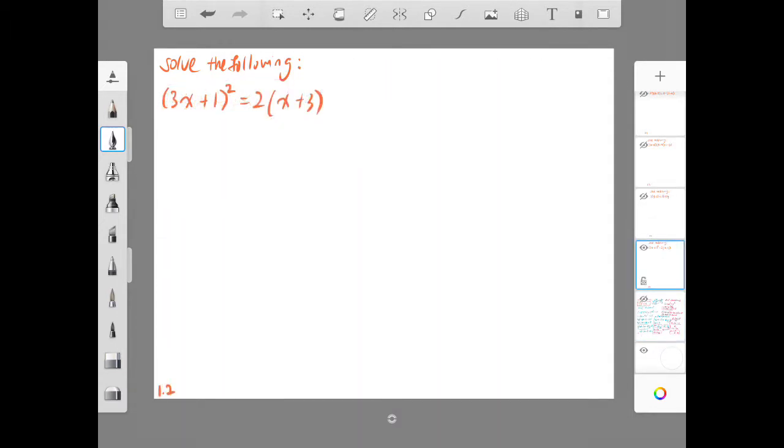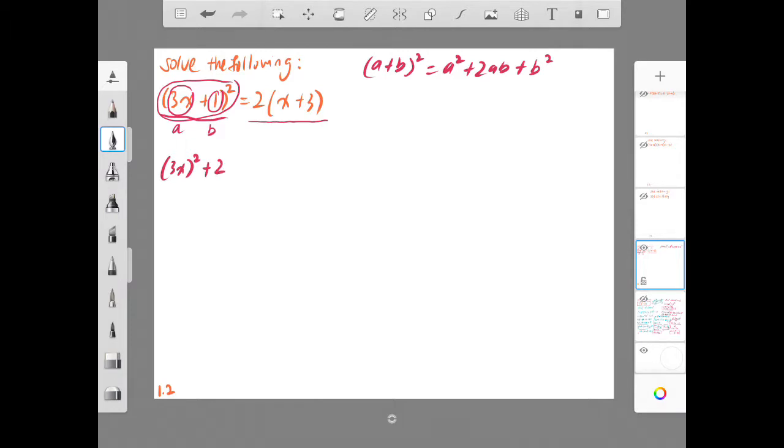Alright, for the second question, solve the following. 3x plus 1, the whole thing square, equals to 2 open bracket x plus 3, close bracket. Alright, so I'm going to expand this part of the equation with a special algebraic identity, which is this: a plus b whole thing square equals to a square plus 2ab plus b square. Alright, so this 3x is actually the a, and this 1 is actually the b. So what I'm going to have is 3x square, a square, plus 2 times a, which is 3x, times b, which is 1, and then plus b square, which is 1 square,